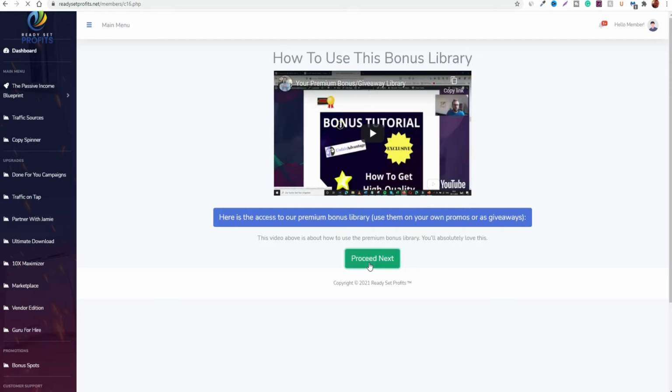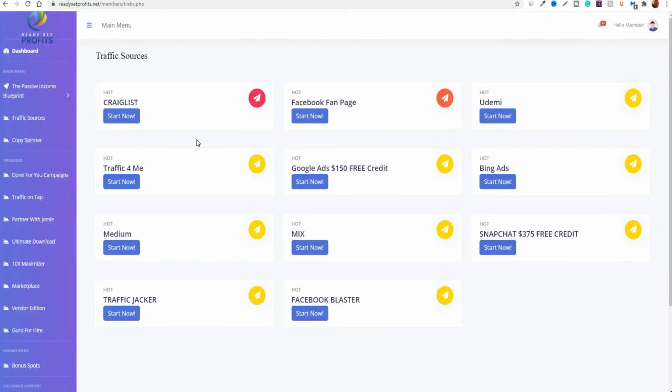So that's what it promises. It does give you a list of various traffic sources that you can use. You can set up accounts on Craigslist, you can set up a Facebook fan page, but it also does require you to set up advertisements using solo ads, which is ideally something you don't really want to get into